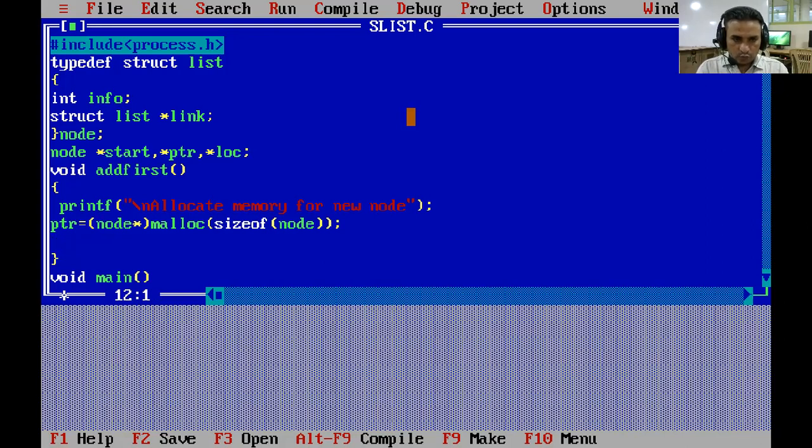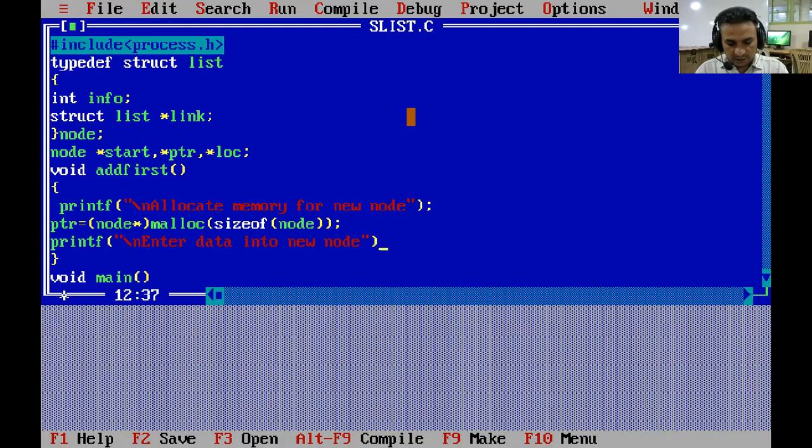Now I want to set information part into node. So I want to show here a message which will be going on. So we have to write here: enter data into new node.